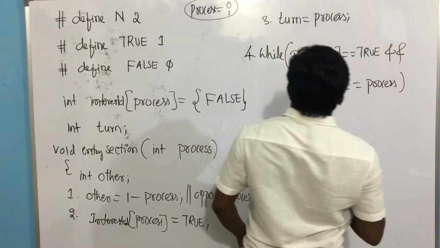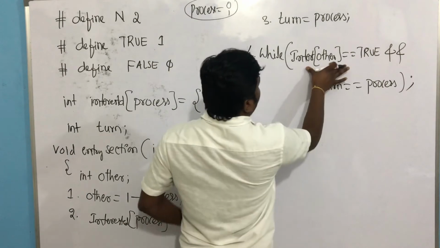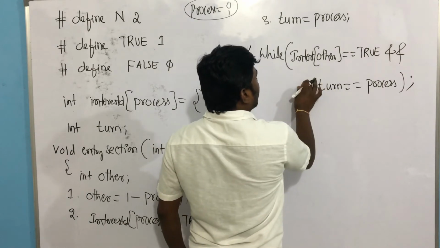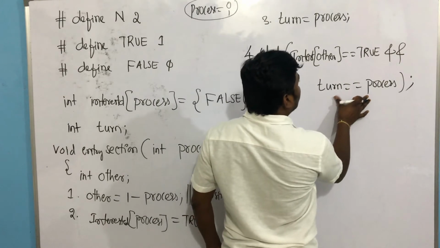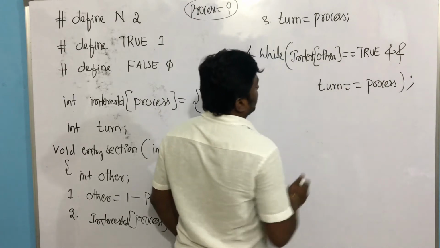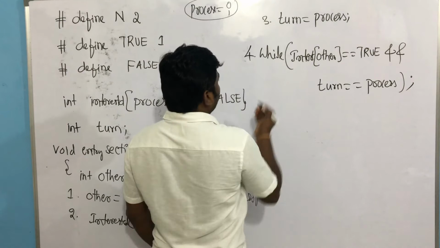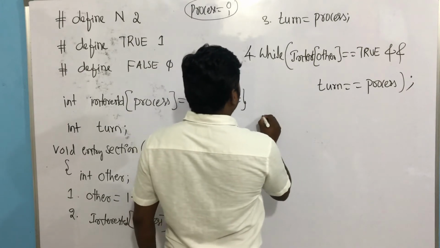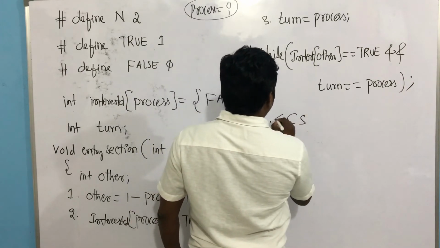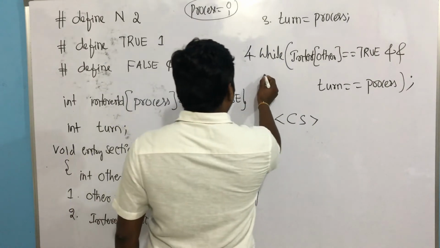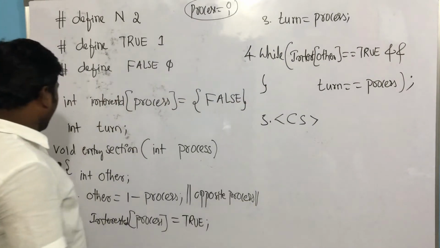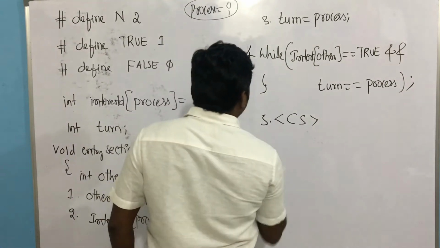Look at this condition. If the left part is false, the total condition is false, you can use the critical section. If the right part is false, the total condition is false, you can enter the critical section. Are you getting? And the fourth step is over, what is the fifth step? Use the critical section. Usage of the critical section. This is up to here, I can close it here because I opened here, close, and use the critical section.